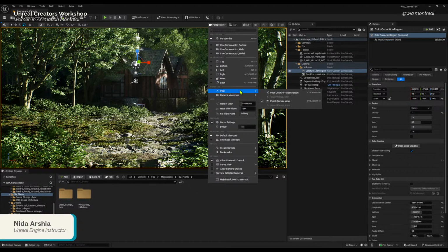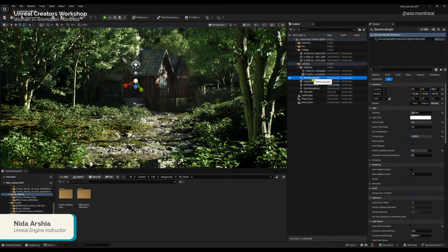Then you can pilot the different actors that are in the level. This is going to be more helpful when you're placing an actor, like a light or an asset, and you want to see exactly where you're placing it.